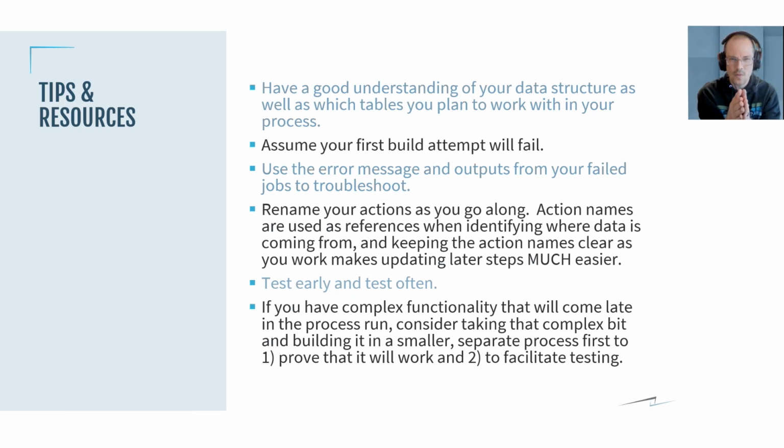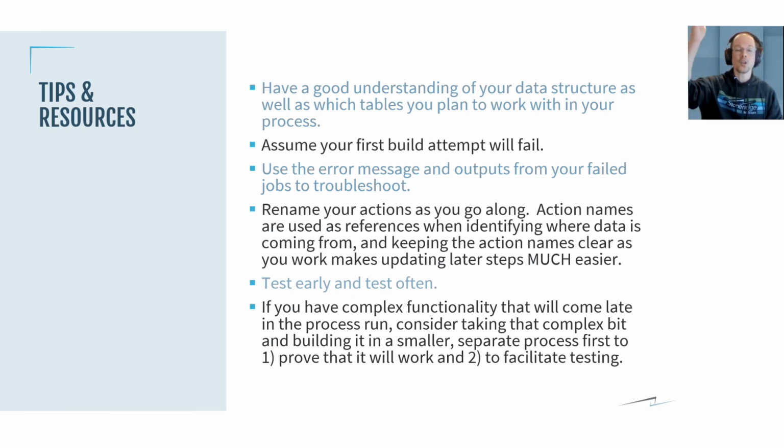Okay, this is one. The next one is going to be one that we will probably need to circle back on, and it's going to make a lot more sense as we go along when we look at the processes, and that is to rename the actions that you're adding to your Power Automate process as you go along. So action names are used downstream, in later actions. You will be referencing earlier actions by their name. So every name has to be unique, and it's a lot easier to get the information you're wanting and expecting to get when you have clearly named each of your steps and stated what that step is doing,